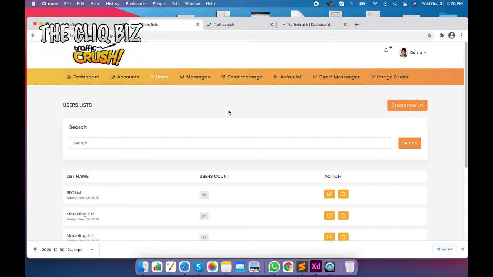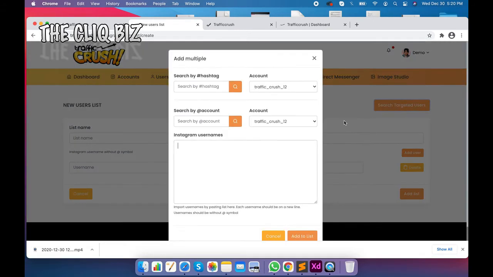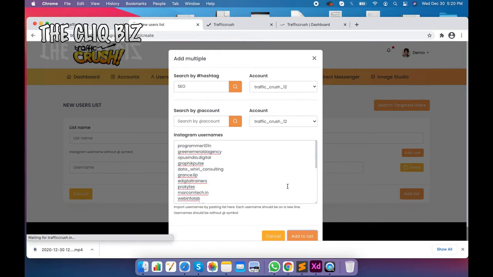Now, users are nothing more than the targeted audience for your Instagram accounts. You can create a new list. You can add the users individually, or you can click on search targeted users. For example, click on SEO, click on the search icon. You can see all the Instagram usernames for SEO. Just select all, add to the list,